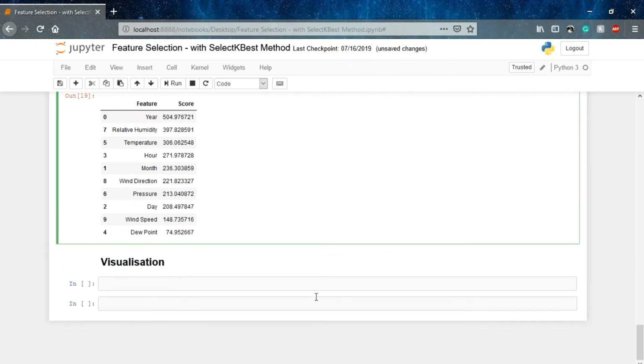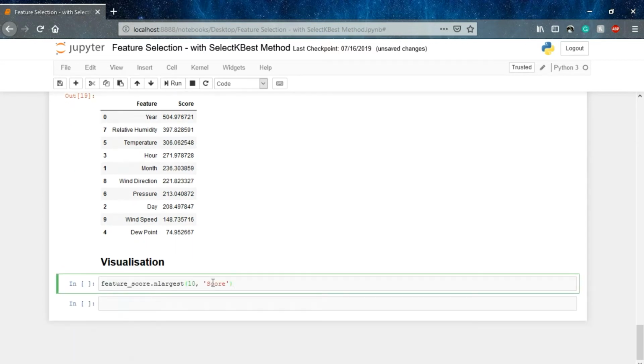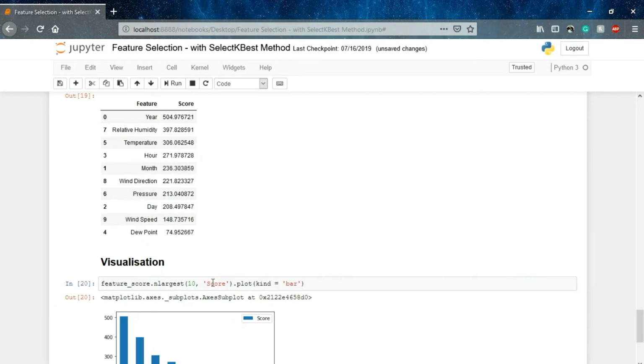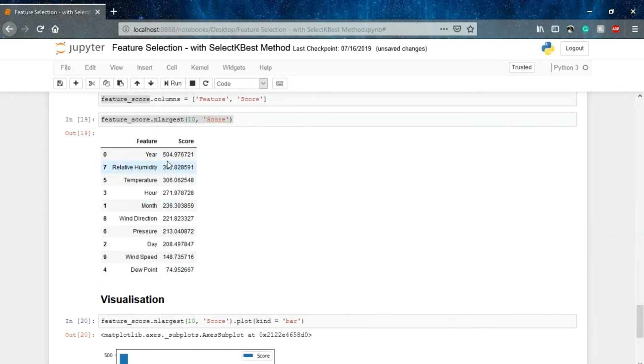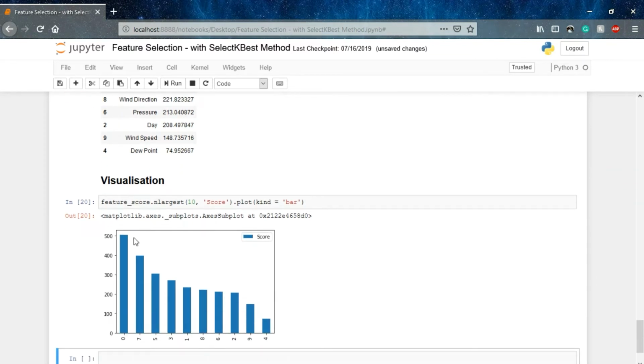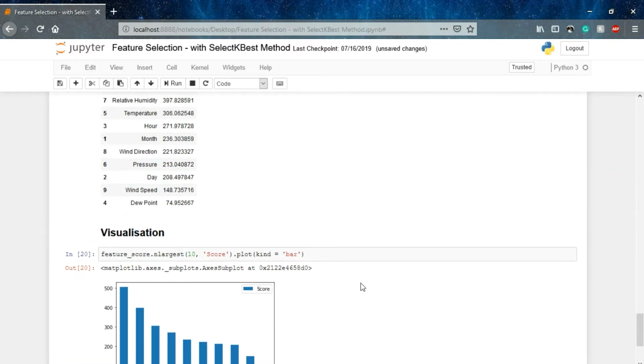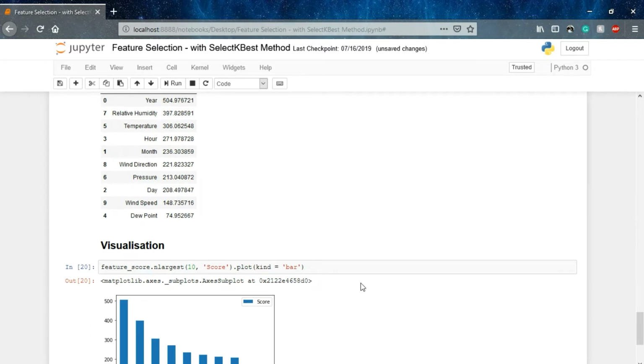Okay, so to visualize it, we simply use plt.plot. And what kind of graph do we want? As you know, the bar graph, simple and easy. So here we go. We have plotted these values as given over here. So this is 504, this is 309, and so on. So this is how we find the best features, or the most dependent features, using the SelectKBest method, and in